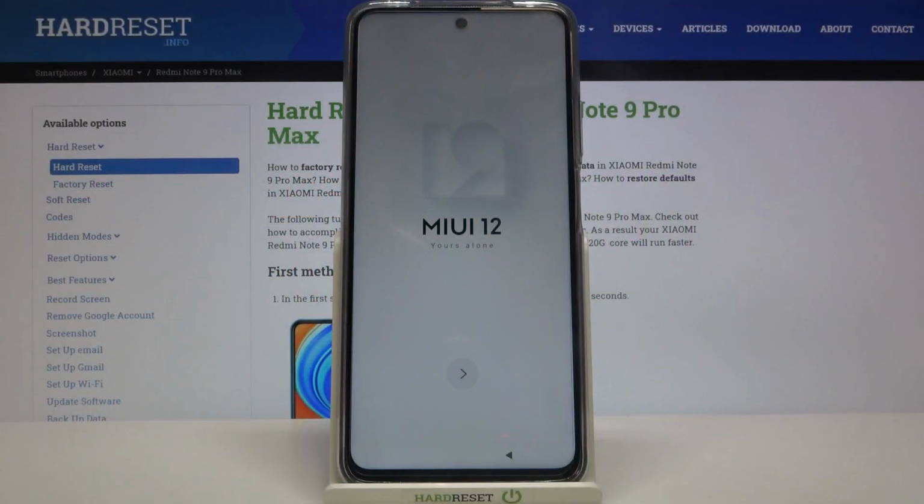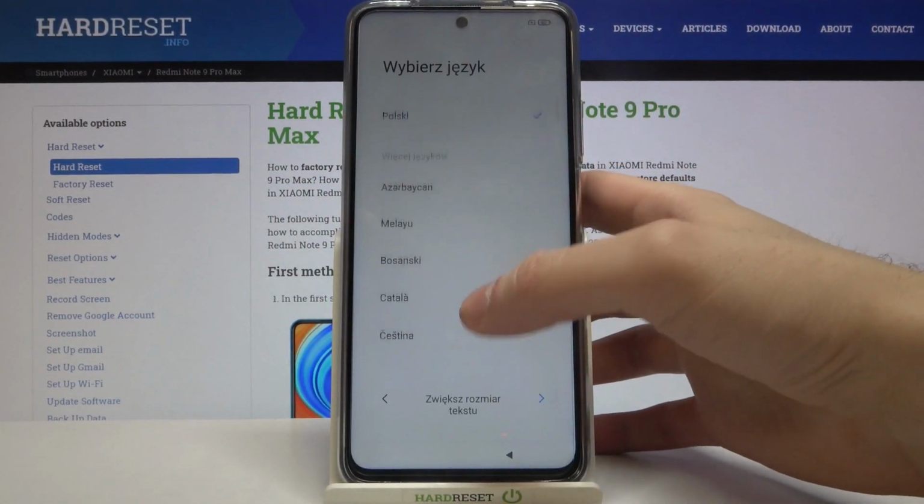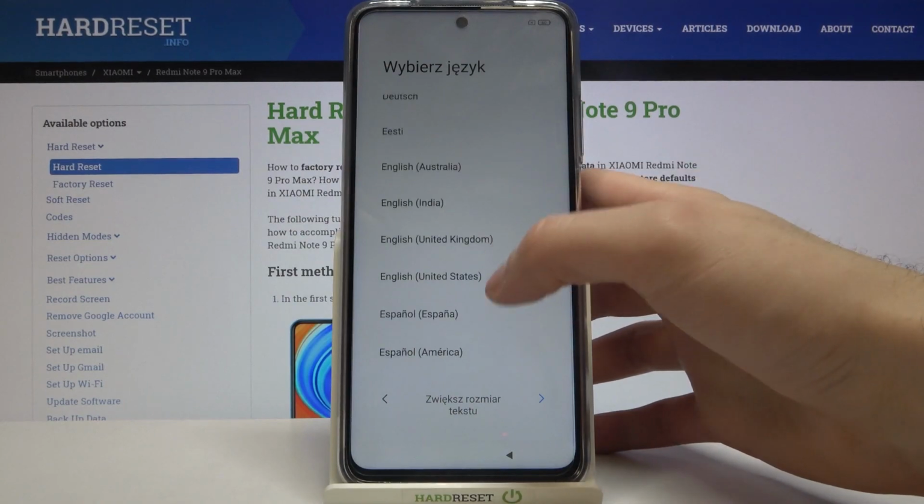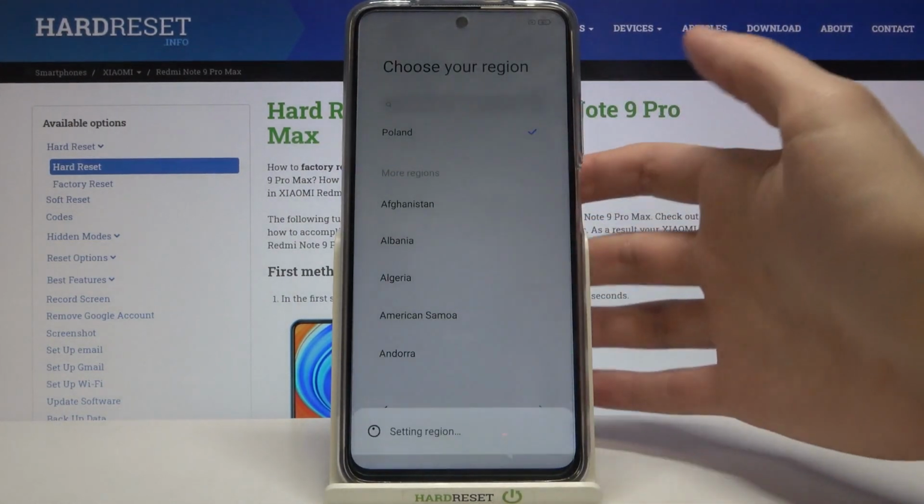Here I have Xiaomi Redmi Note 9 Pro Max, and today I'm going to show you how to set up this device. So first of all, you have to select your language, select English, tap next, then you have to select your region,